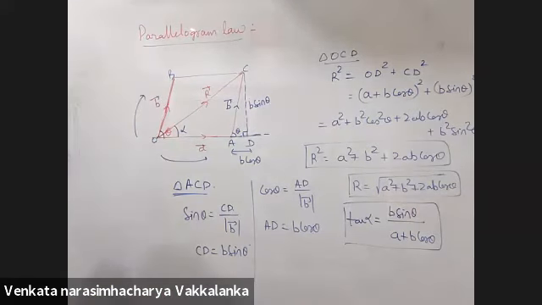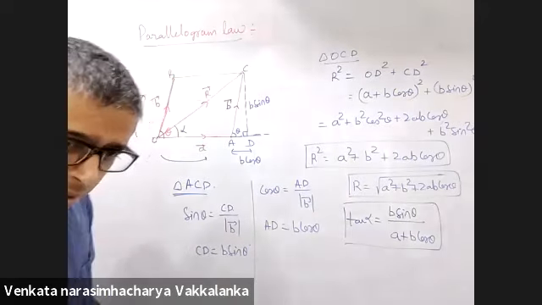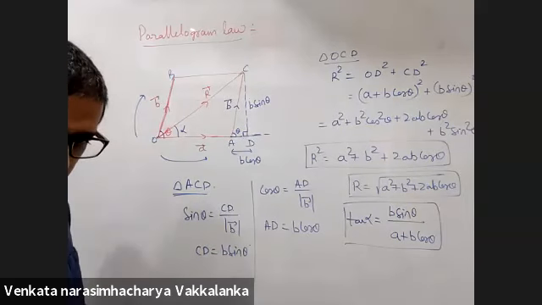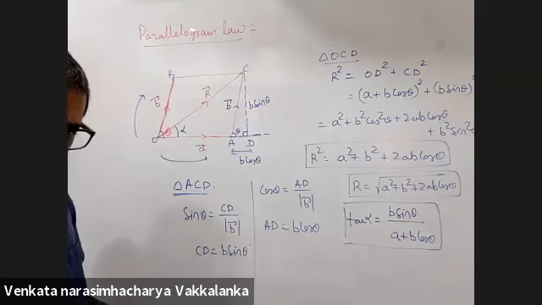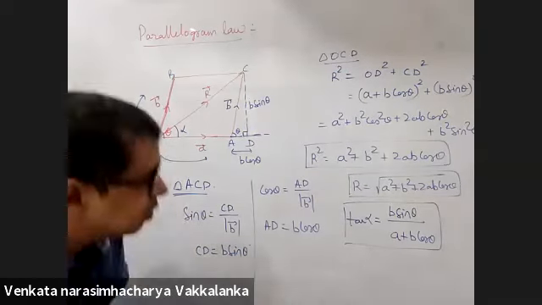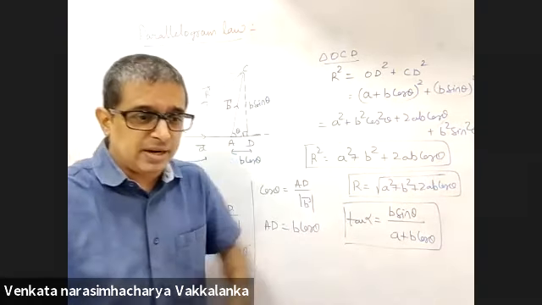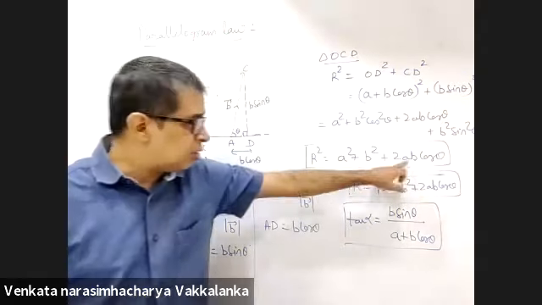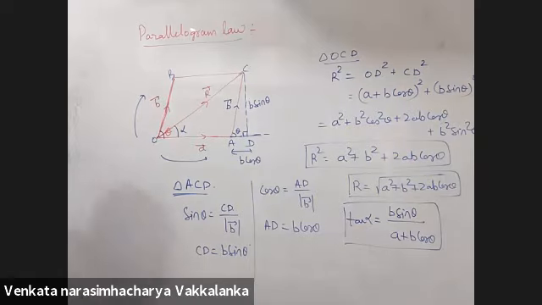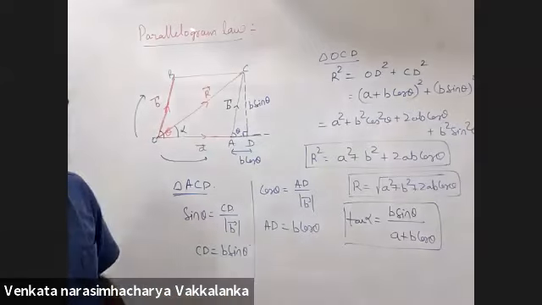Sir, this R square equals A square plus B square is also applicable in triangle law, na? I didn't get your doubt. R square is A square plus B square only if theta is 90, only if it is a right angle. If not, 2AB cos theta must be carried. Right? Don't jump to conclusions. Wait for the applications in day after tomorrow's class.